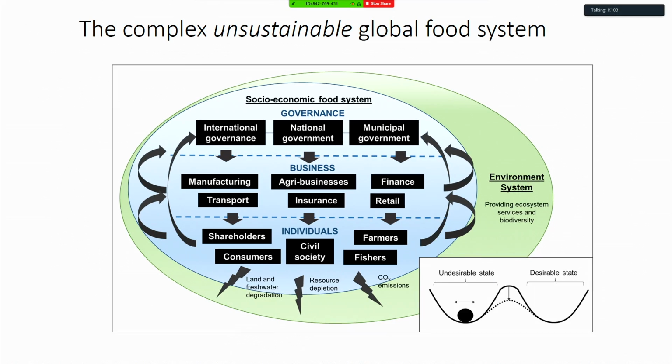Sometimes these kinds of conceptual models used in resilience studies might be useful. This ball and cup diagram shows the system as some kind of ball. Often they're used when you want to maintain the resilience of a system. You want to maintain a resilient ecosystem, and we don't want it to tip into an undesirable state where we